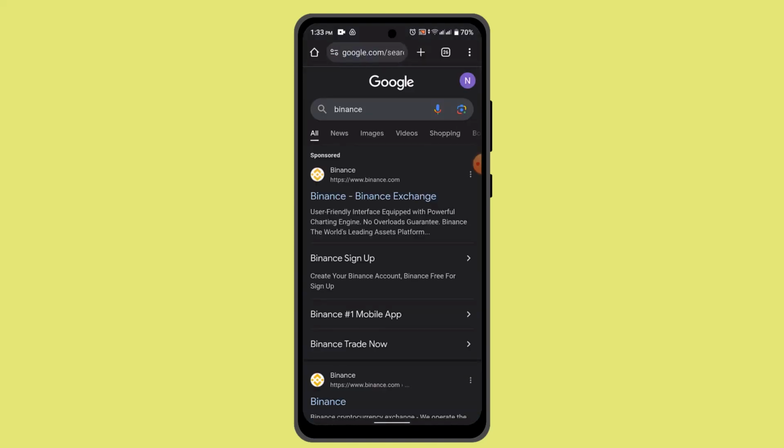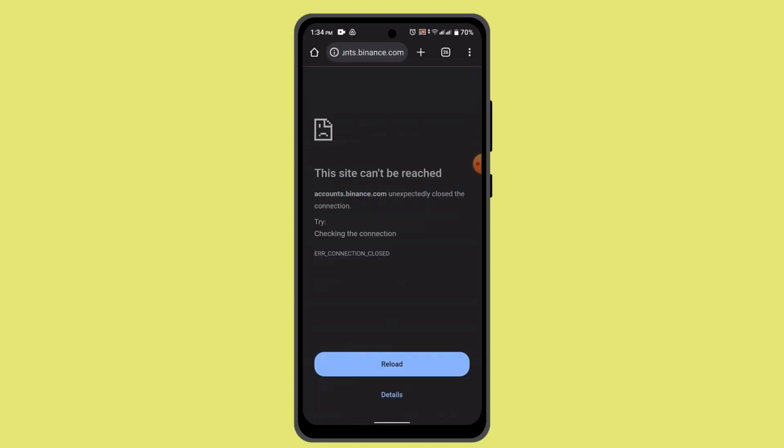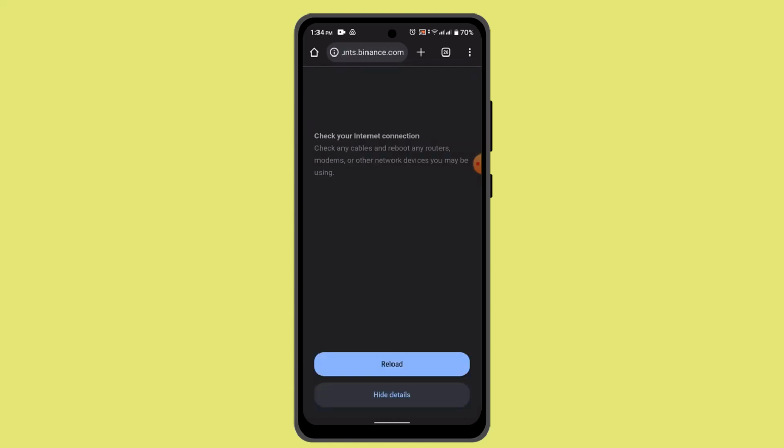After that, you need to log in into your Binance account, and once you're logged in, you have to select the asset that you wish to go ahead with, and next page you have to enter in the exact amount that you wish to transfer, and now copy the wallet address. As you're done copying the wallet address, exit out of your Binance and then go ahead and log in into